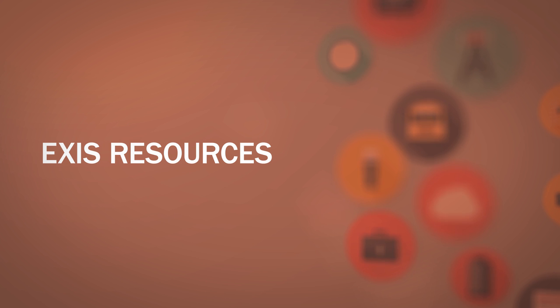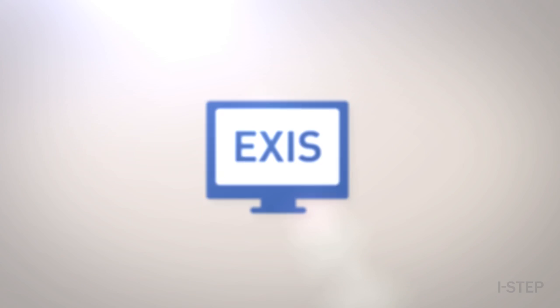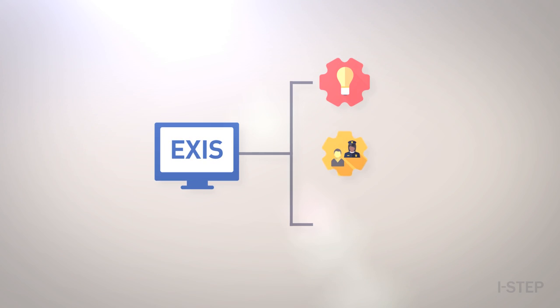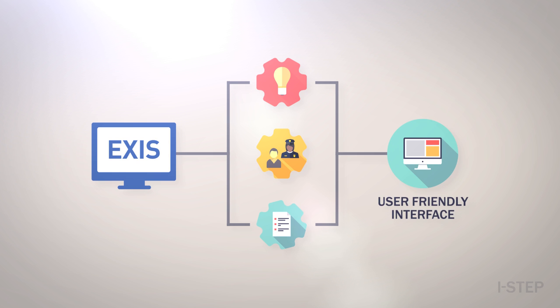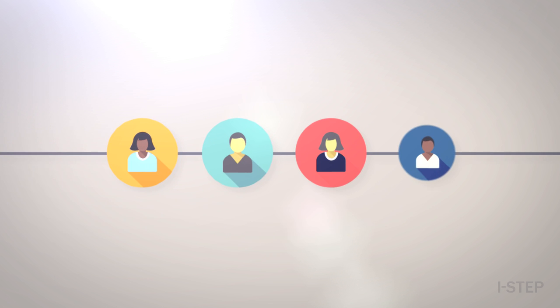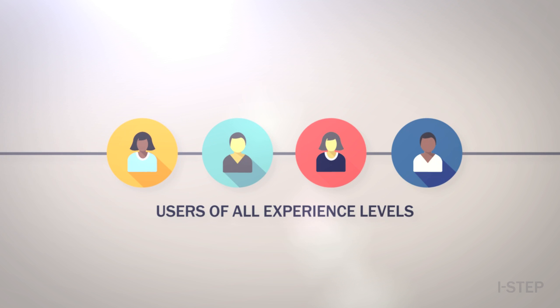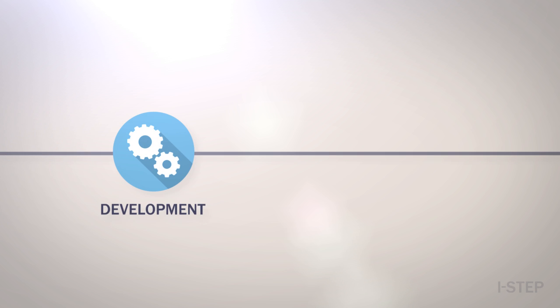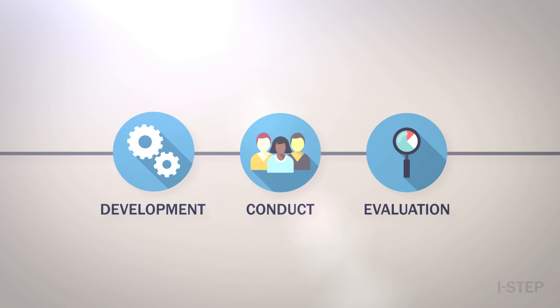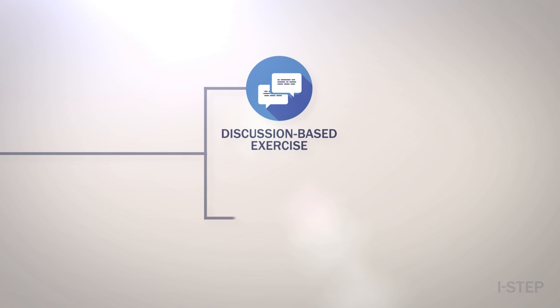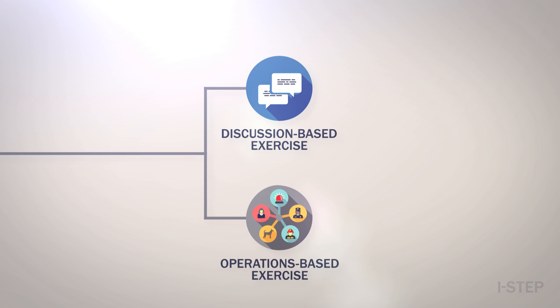EXIS Resources. EXIS guides users through key exercise planning components with a user-friendly interface. Designed for users of all experience levels, the system guides the development, conduct, and evaluation of both discussion-based and operations-based exercises. Some features include